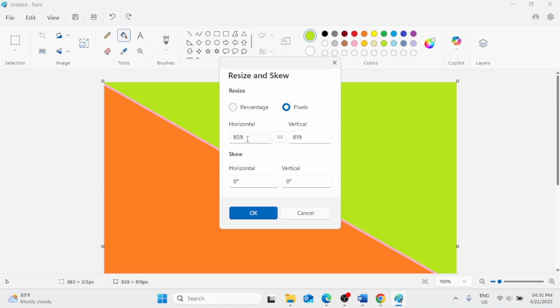In your paper, and then you need to type for the horizontal one, and then we need to click on OK,